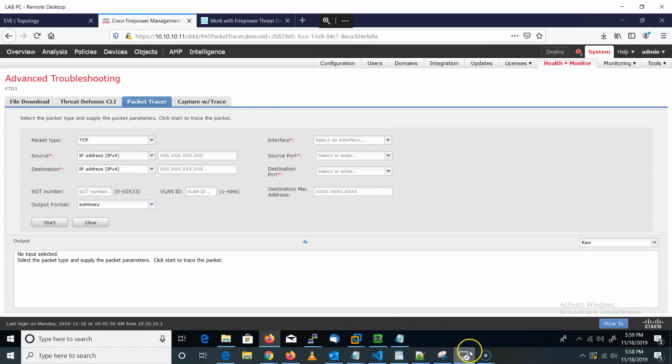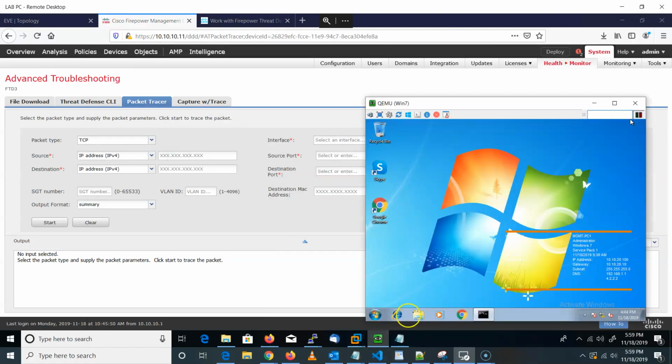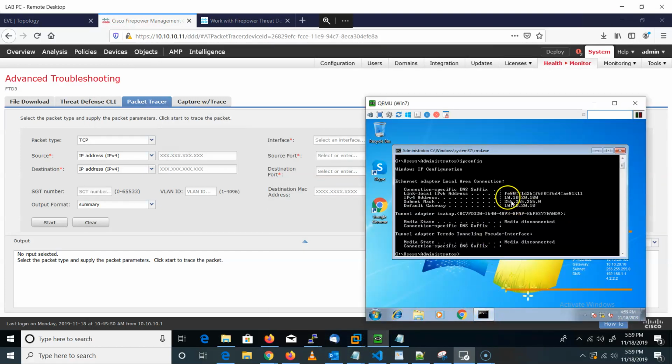Now I have this simple topology. I have a host here, 10.10.20.100, on the inside segment of the Firepower. I also have a router here. The router IP address for the interface facing my FTD is 20.20.20.1. That's what we use for demonstration: trying traffic going from this host to this router, traversing the Firepower Threat Defense. This is my host here, and I can confirm this is the IP address